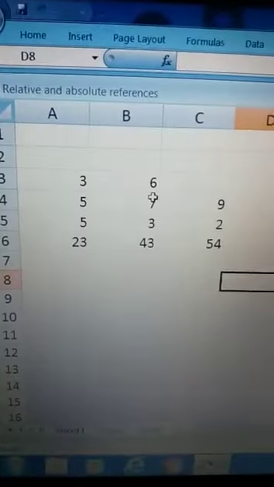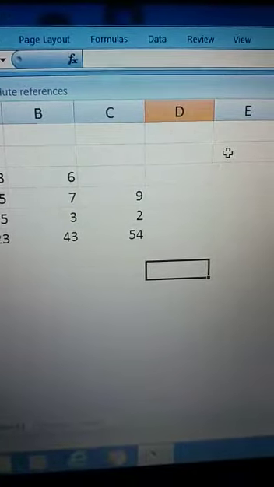Here we have 2, here 3, here 5, here 23, here 43, and here 54. Okay, now here we have just two numbers for calculating LCM.